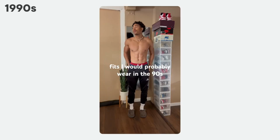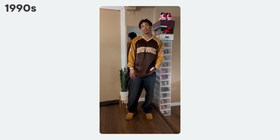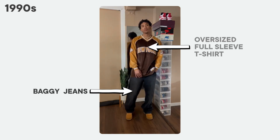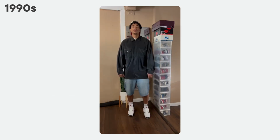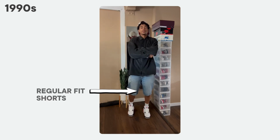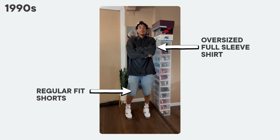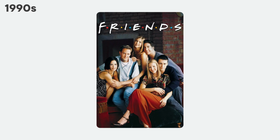As you see here from this influencer, we see he's got this really dark blue baggy jeans and an oversized t-shirt with a regular shoulder, not a drop shoulder. The third outfit here of the 90s, we see this influencer rocking pretty regular fit shorts but a really oversized full sleeve shirt. For those of us that remember Friends,